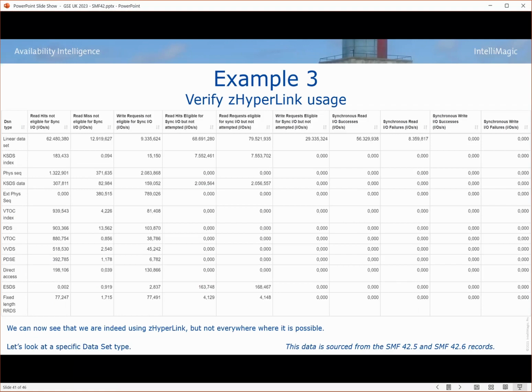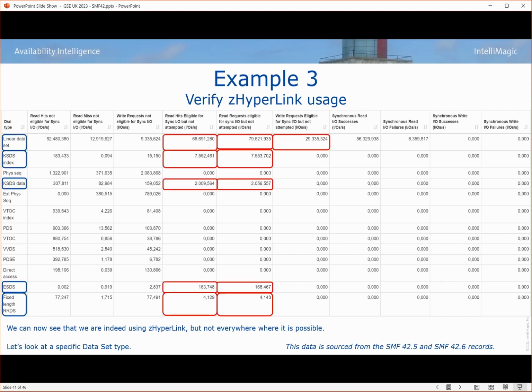If we look at a tabular view of the dataset types we're looking at, because some dataset types are zHyperLink compatible and you can implement it, and some can't, okay? So let's look at the types of datasets we have, and we can see, for example, linear datasets. We can see the number of read hits eligible for synchronous IO, i.e. zHyperLink IO,